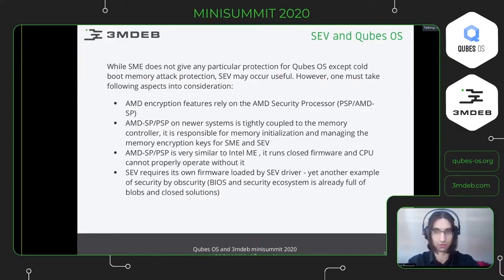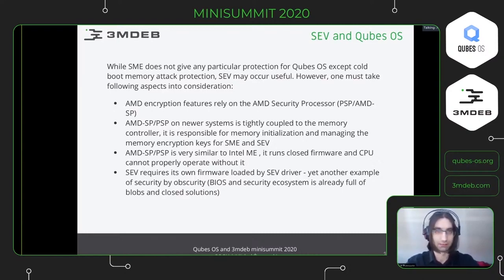For those who are quite familiar with the firmware ecosystem, they know that we already have many blobs involved in the boot process on x86 architecture. For example, we have the Intel ME, we have Intel FSP, we have AMD AGESA, we have the PSP firmware, etc. So basically, this is a compromise: including another blob to have more security, or just not using it and keeping your operating system as open as possible.